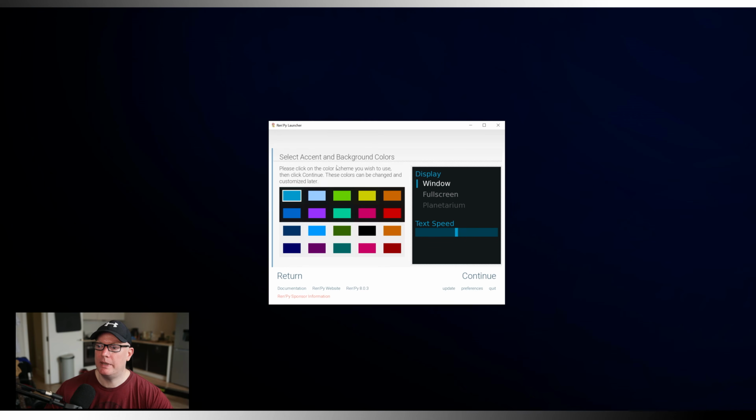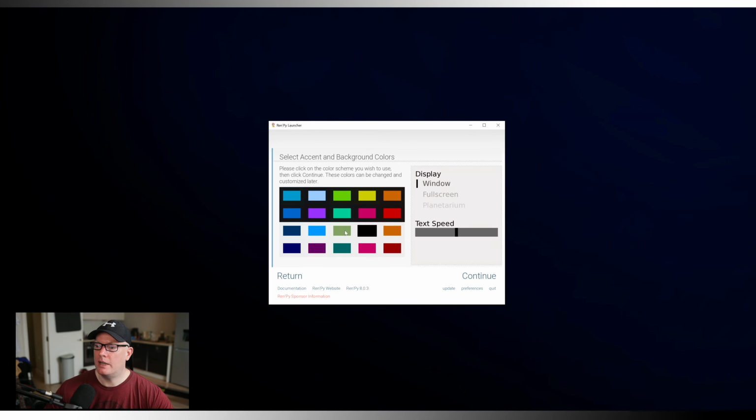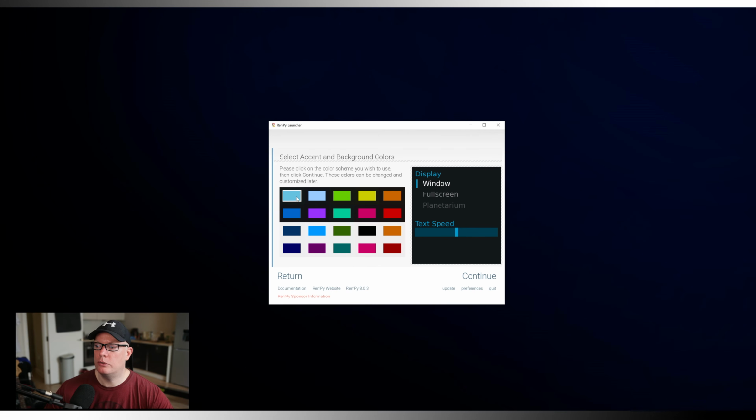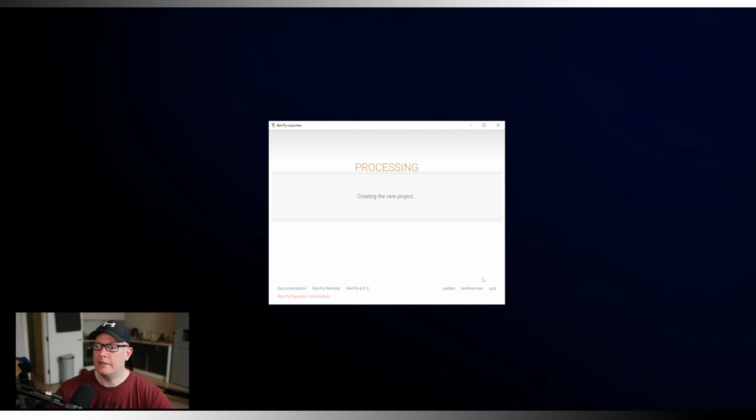Once we hit continue, we then get to choose color scheme. The color scheme can be whatever you want it to be. I generally stick with black and blue because more often than not I don't use the default colors and things anyway. This is just my starting point. But if you want your game to be one of these color schemes, then by all means just choose which one you want to. That is the color that all of your menus and windows and text and things are going to be. Once you've done that, you hit continue, and then Ren'Py Launcher is going to have a bit of a think and it's going to do some stuff,